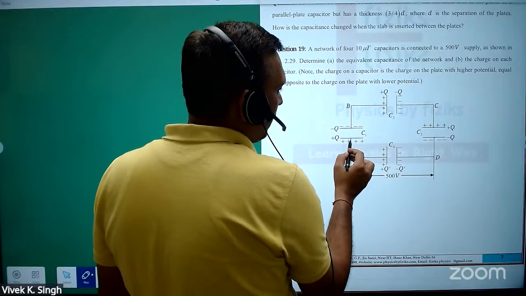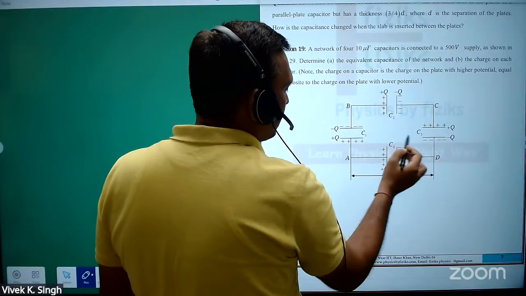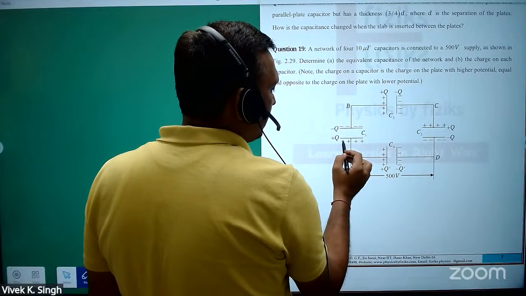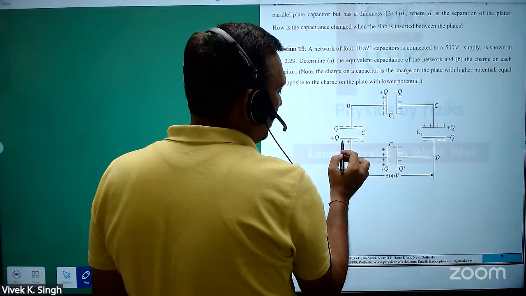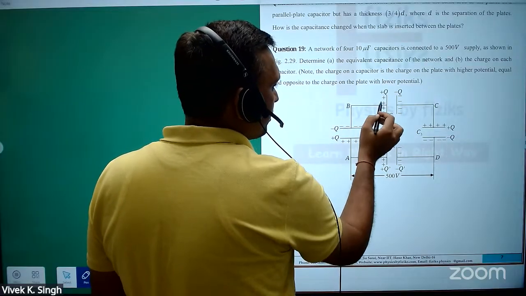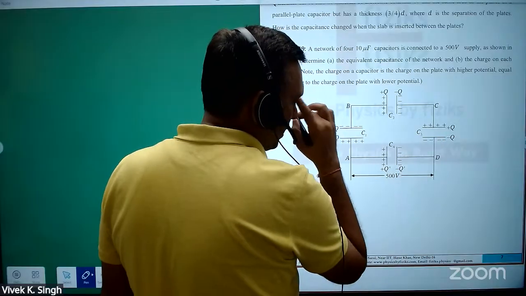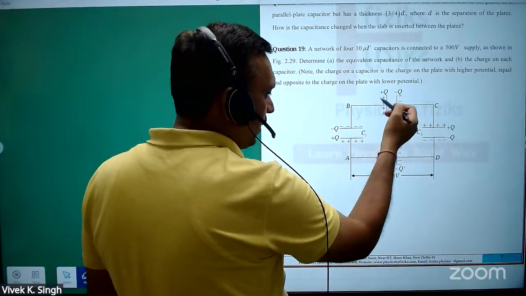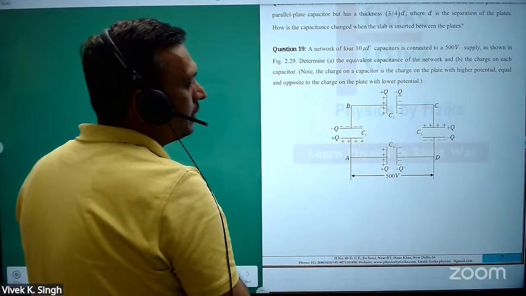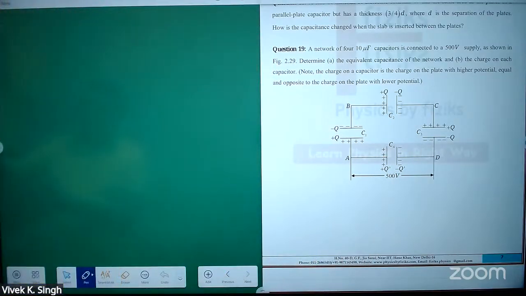When they are in series, they have the same charge, and the charge will be plus minus, plus minus, plus minus. So these three capacitors are in series, and then that will be in parallel with C4. So what will be the